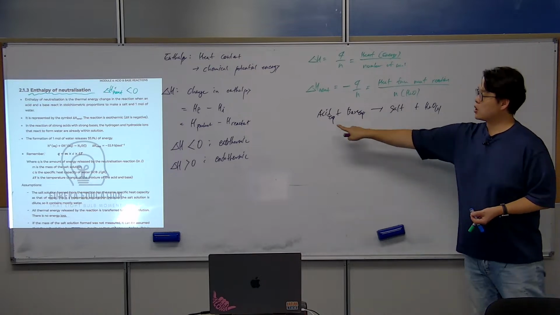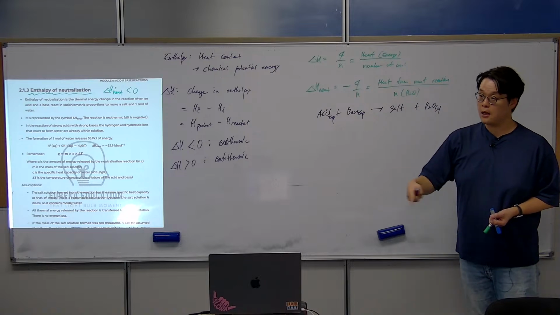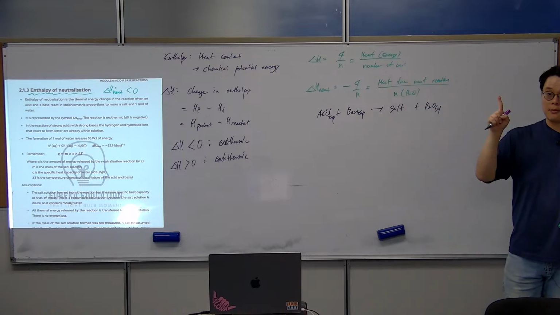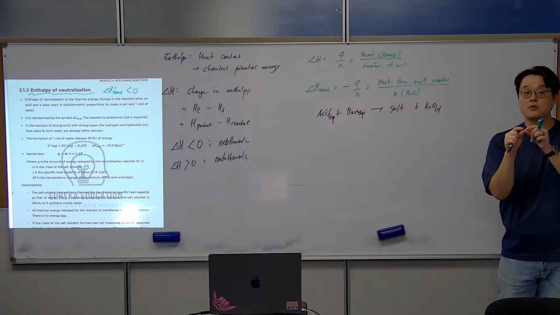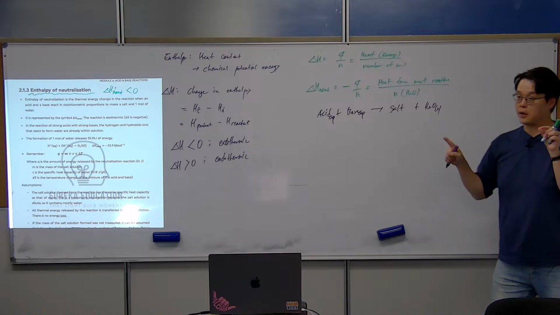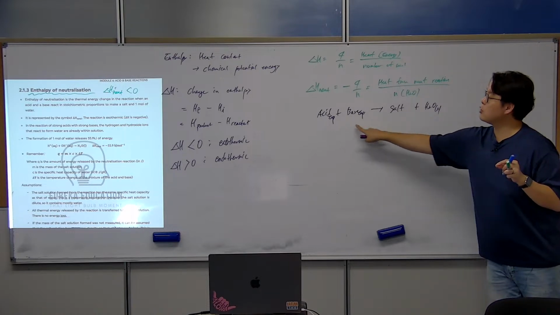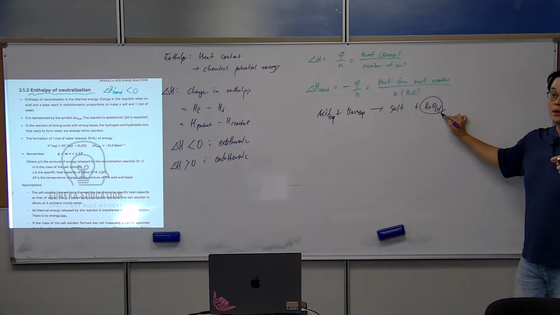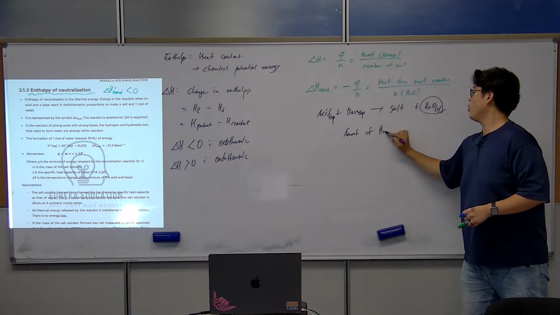The acid has a pH lower than 7, the base has a pH higher than 7. When you're mixing the two, you're basically looking for a pH of 7, and remember that pH 7 refers to the presence of water. It means that the product of the neutralization is water, the amount of H2O produced